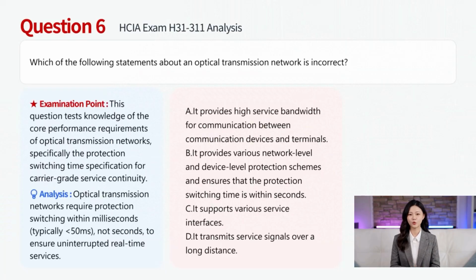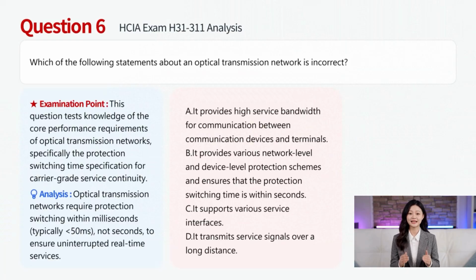Optical transmission networks are designed as carrier-grade infrastructure with extremely strict requirements for service continuity and reliability. Protection switching refers to the process of automatically transferring traffic from a failed working path to a pre-configured backup path when a fault occurs. According to international standards such as